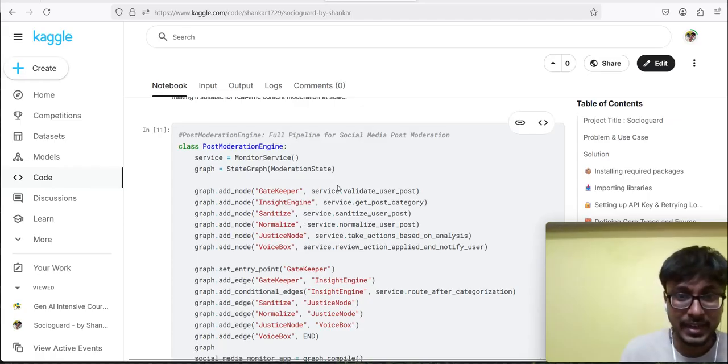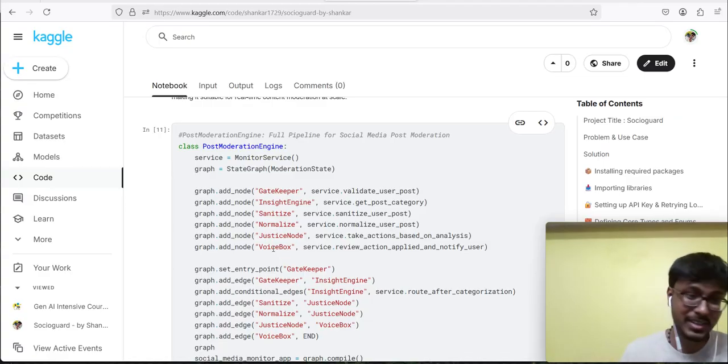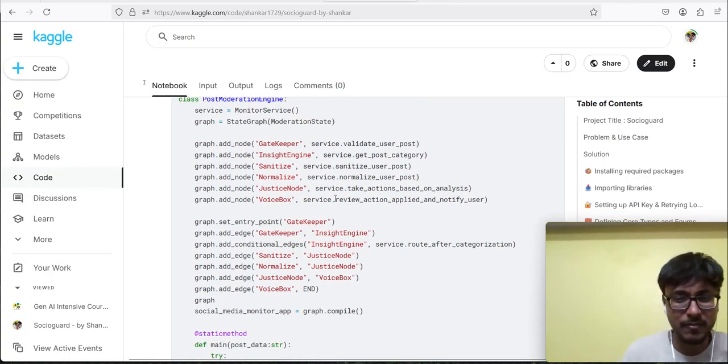So I have given some smart names to each agent, like gatekeeper, insights engine. You could actually compare these things with our architecture design that I just showed you. So gatekeeper validates, insights engine tries to categorize the data and retrieve relevant information as much as possible. And sanitize, normalize, justice node is responsible for applying actions, and voice box is responsible for showcasing what actions were applied and what happened. So here I'm just adding edges to the same, and